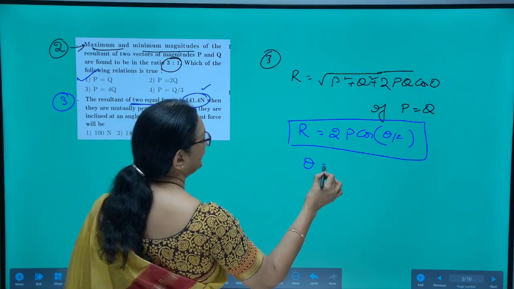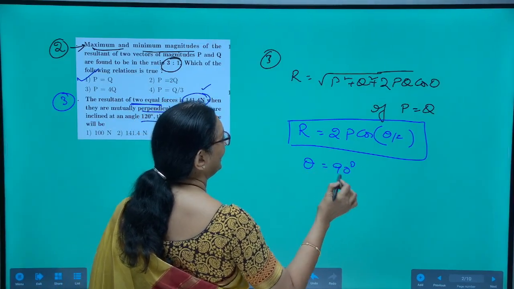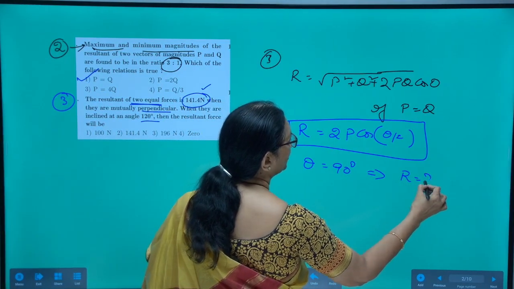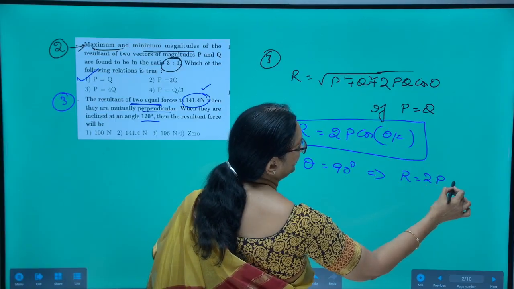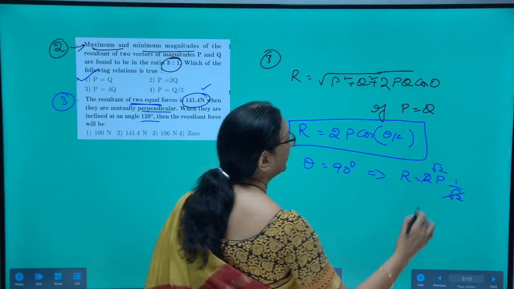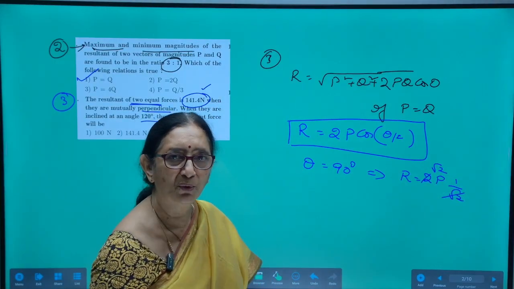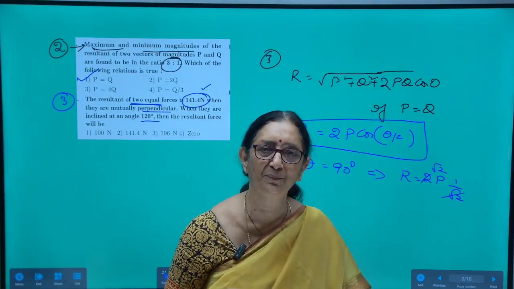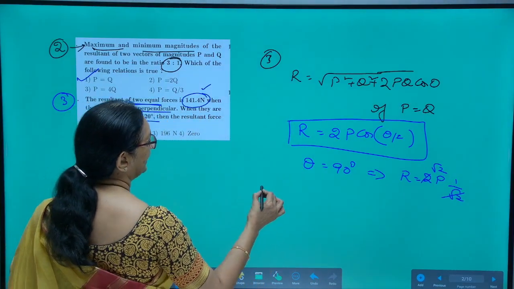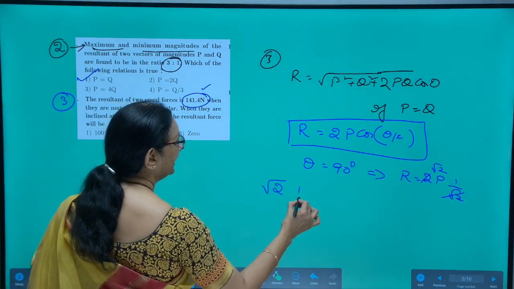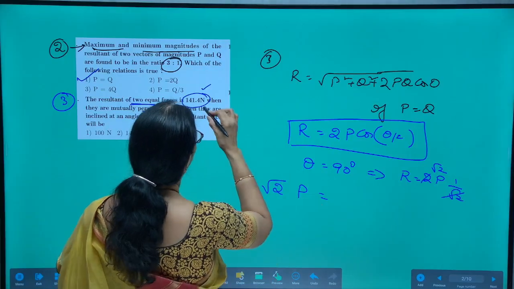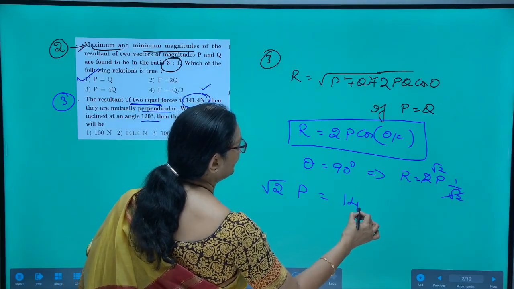When they are at right angles, theta is equal to 90 degrees. That implies R is equal to 2P cos 90 by 2, which is cos 45. Cos 45 is 1 by root 2. So, root 2P. So, two vectors of same magnitude P each at an angle of 90 degrees, the resultant is root 2P. Here it is mentioned that those two equal vectors, when at right angles, have a resultant magnitude of